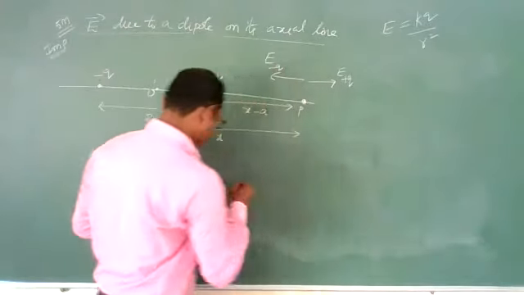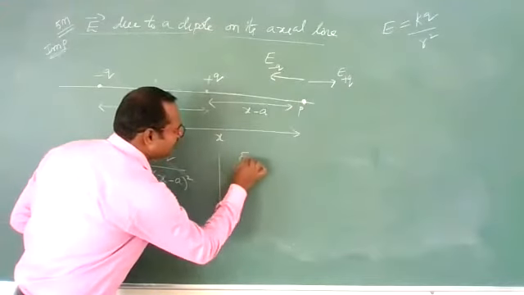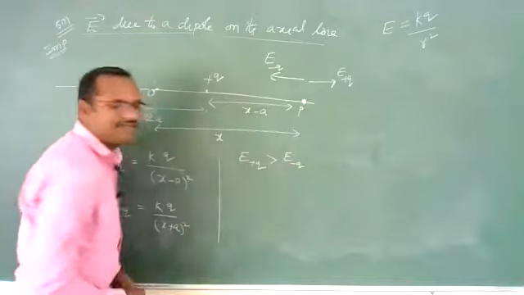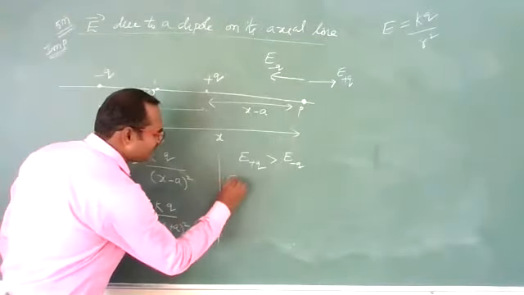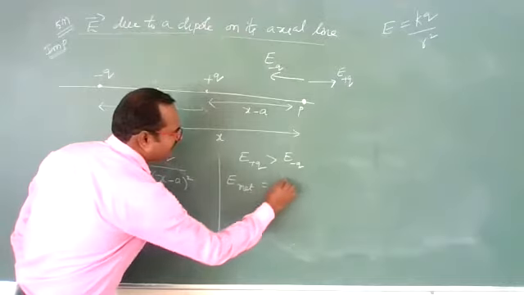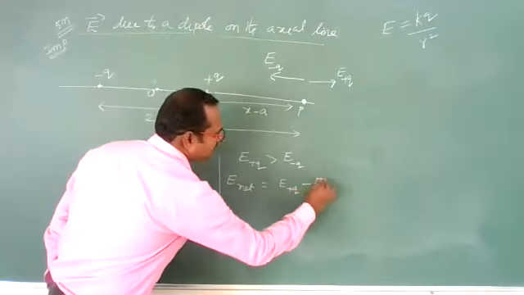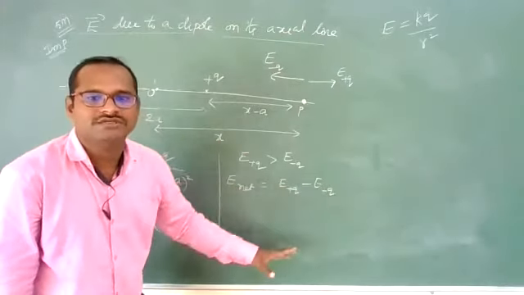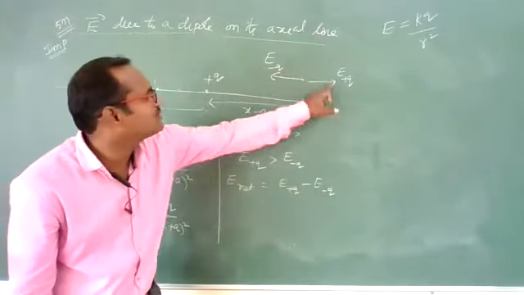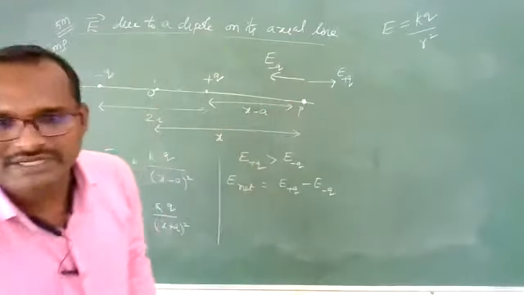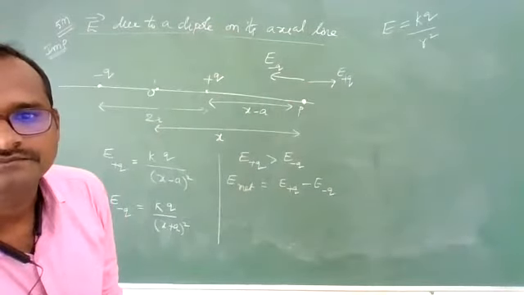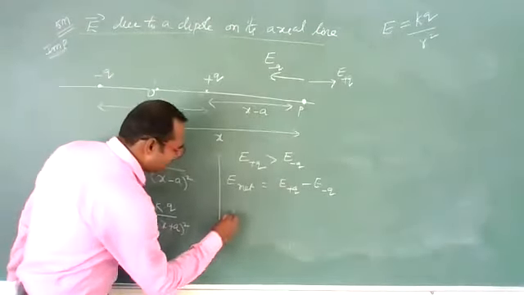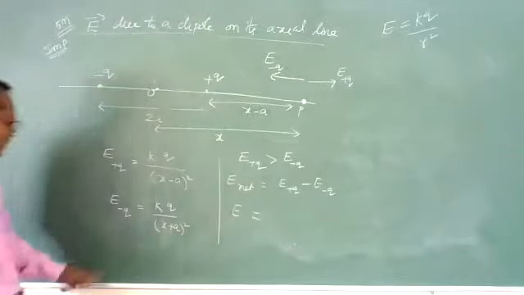So what can we say? We can say the electric field due to the positive charge has more magnitude than the negative charge. So the net electric field, if you want, you can write E plus minus E minus: electric field due to the positive charge minus electric field due to the negative charge. Why am I taking minus? Because they are in opposite directions. I hope you understand this point. Clear? Yes. Good. So the net electric field is equal to the electric field due to the positive charge, how much?